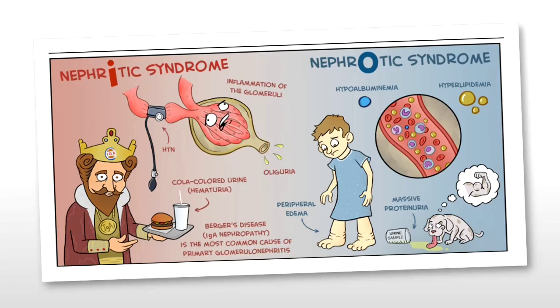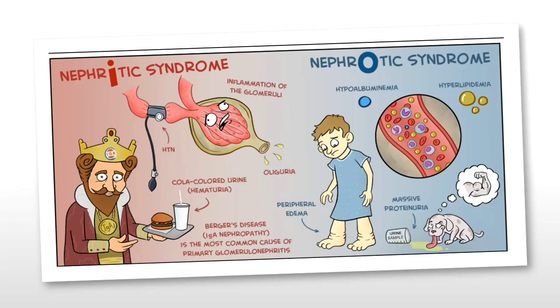Now let us see nephrotic syndrome. Nephrotic syndrome is a condition in which there is a loss of the negatively charged sialic acid residues associated with the proteoglycans of the basement membrane. Consequently, there is a massive leakage of albumin in the urine causing massive proteinuria. We must remember that albumin is not stopped due to its size, which is well within the range that can be filtered. It is stopped because of its negative charge, which is repelled by the negatively charged sialic acid residues within the proteoglycans. Due to the loss of albumin in the urine, there is peripheral edema seen in these patients.